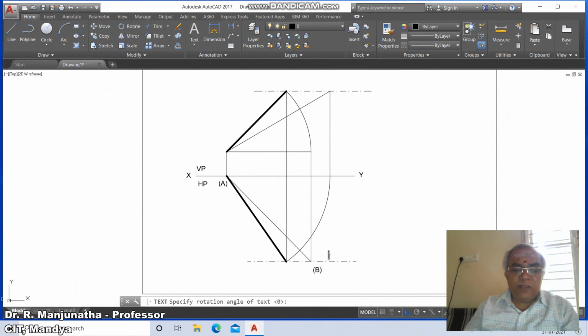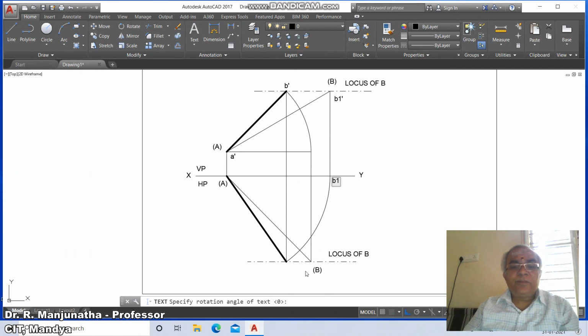Here you type locus of B. And here you type capital A. Here you type capital B. And you type locus of B. And you put the caps lock off and go to A dash. And this is B dash. And this is B1 dash. And this is B1.